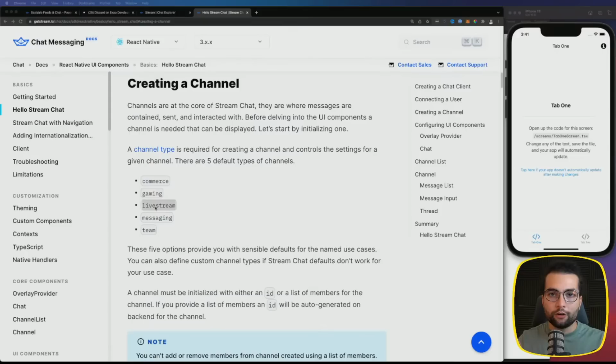This type of chat is perfect for live streams because it gives you the possibility to join and see messages without being logged in. Messaging is very good for one-on-one and group messaging, like WhatsApp, Messenger, Telegram, or any other messaging application. And team is